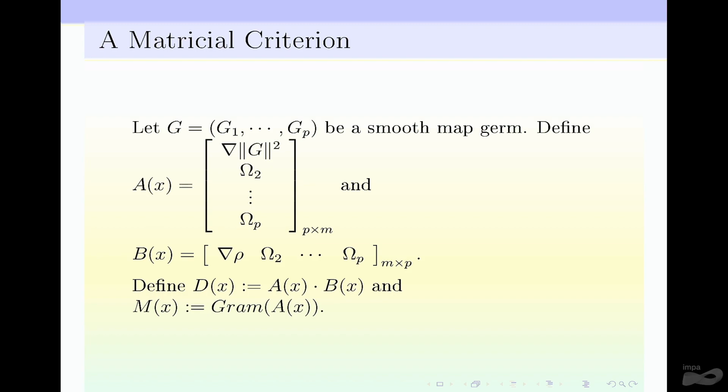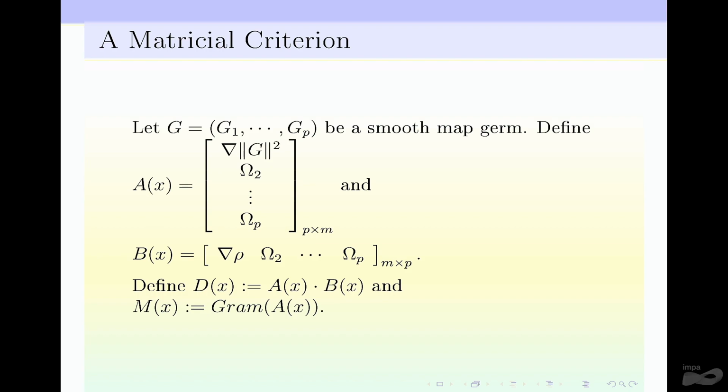Looking at this matrix, the vectors are disposed in rows here and in columns there. I changed it here, P by M, M by P. So here, look at this as column vectors. And now define D(x) as this product,